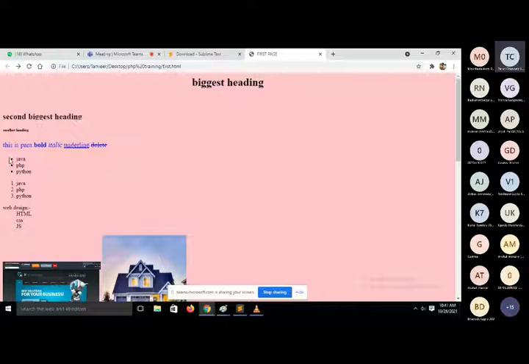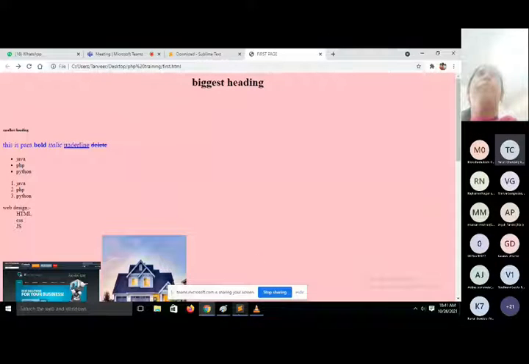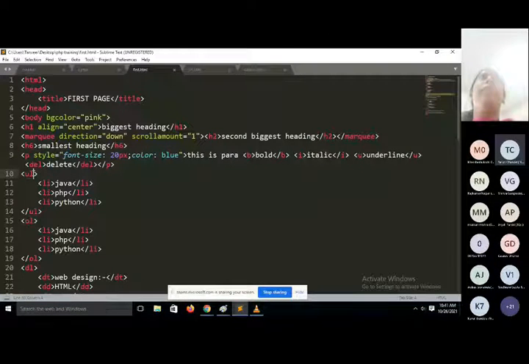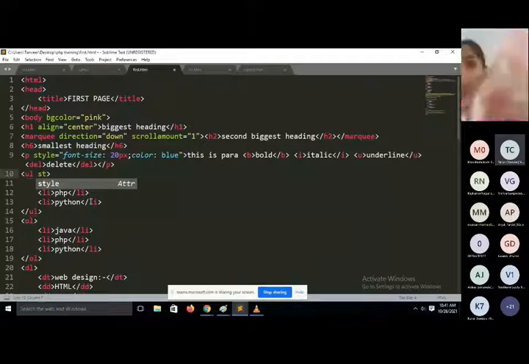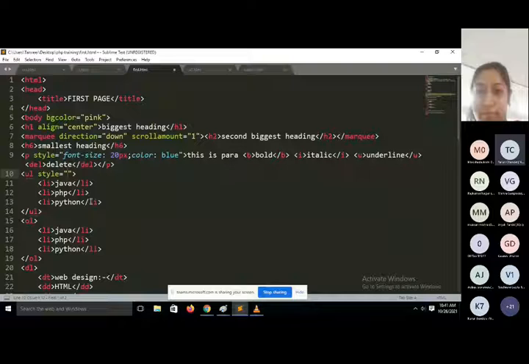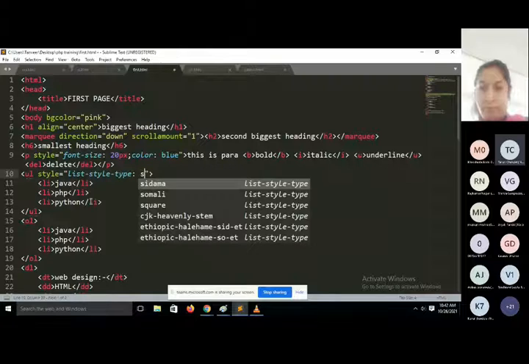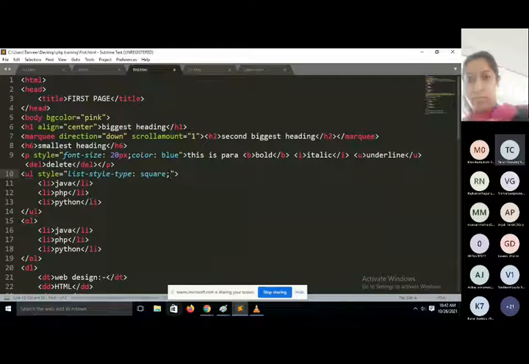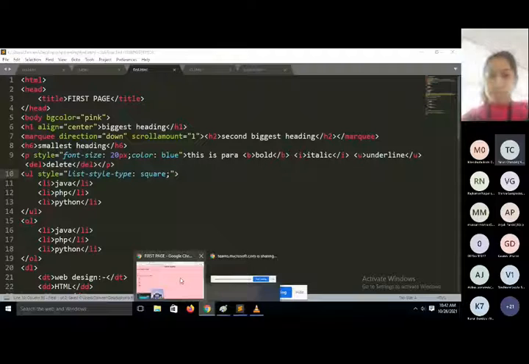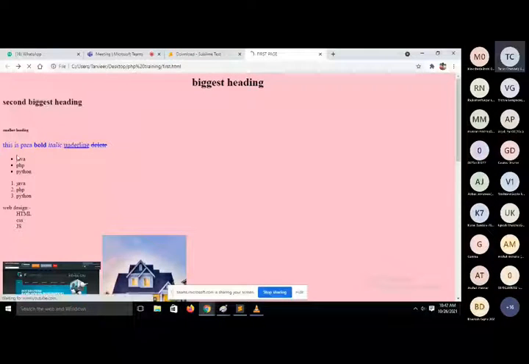We have unordered list. In this unordered list, I just want to use a square box instead of bullets. How can we do this? So you can do this with the help of, again, same property, style, and one more attribute we have, list style type. So we will pass a square in list style type. Fine. Save. Then you will refresh your page. See, now Java, PHP, Python unordered list contains square boxes instead of bullets.